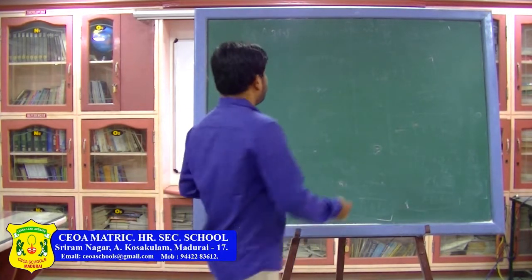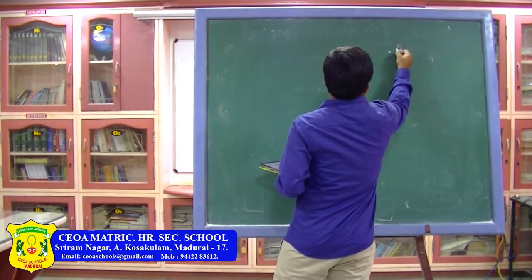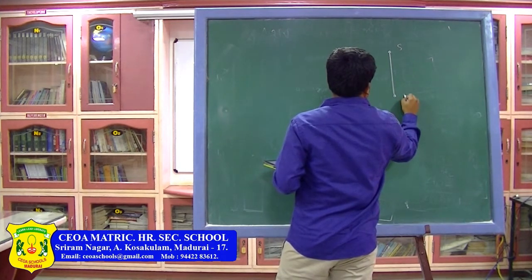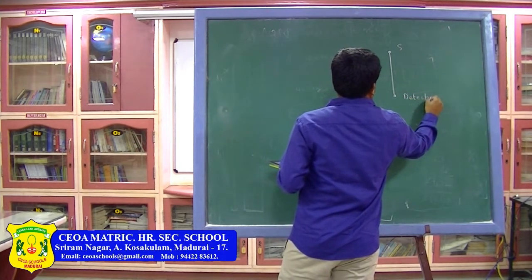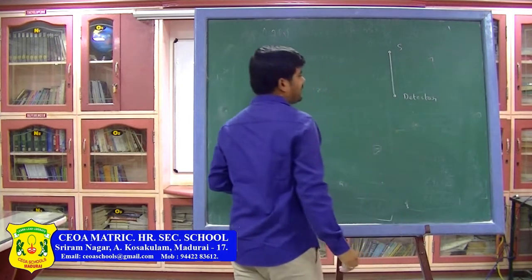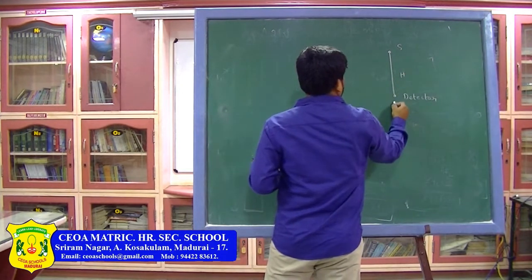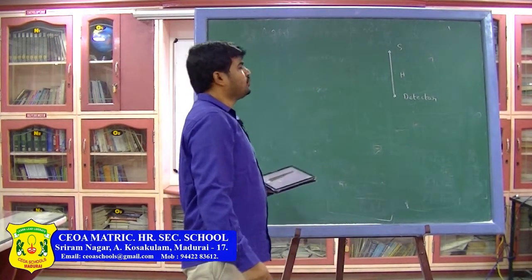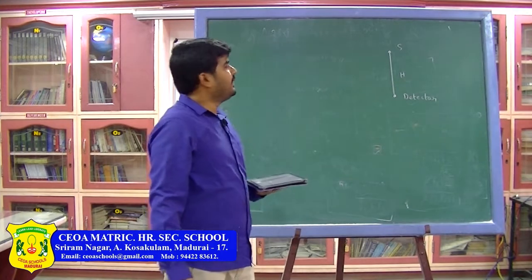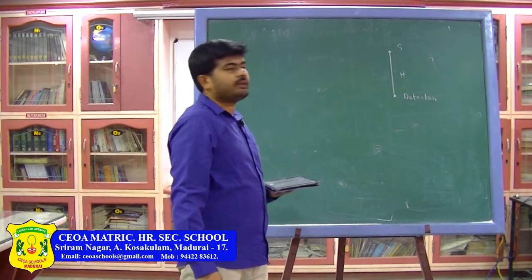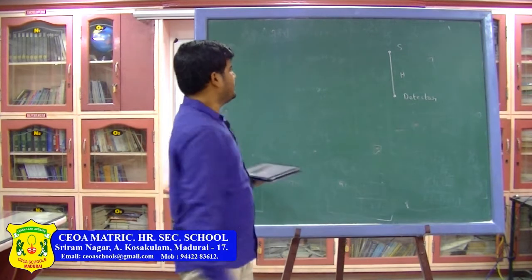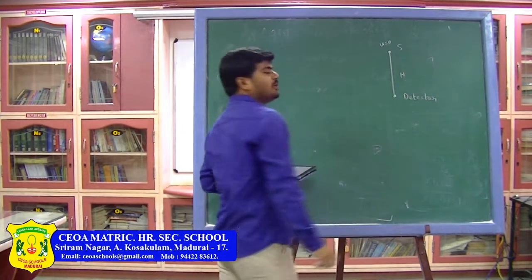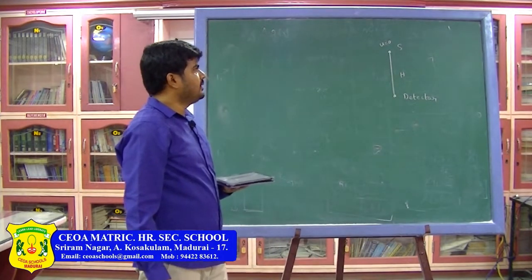So here this is the given figure. This is the source and it is vertically falling downward, and here the detector is below the source exactly at a depth h. So this detector is detecting the frequency produced by the source, and now the question is, find out the apparent frequency detected by the detector after 2 seconds. So here it is under free fall motion. So initial velocity of the source is 0 at time t equal to 0. Now after 2 seconds, let us find out the speed.